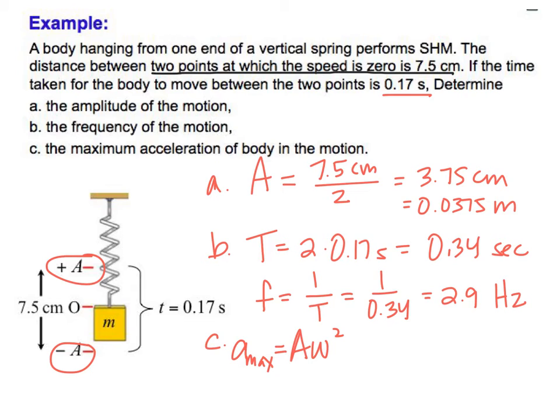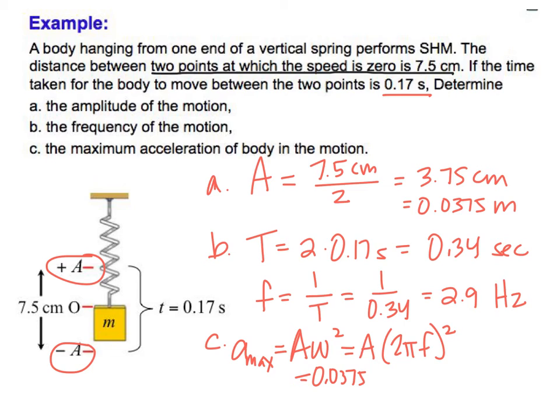And so we need to know the amplitude and we need to know omega. I don't know omega, but I know sort of other parts of omega. Let's just substitute in a formula. Omega is 2 pi times the regular frequency. And so if I can just use this frequency value I had before, and so we can say